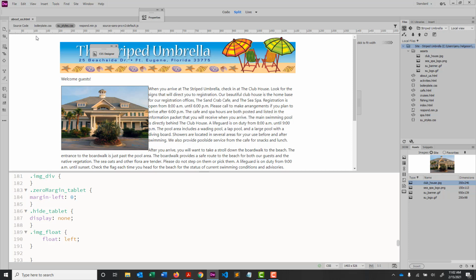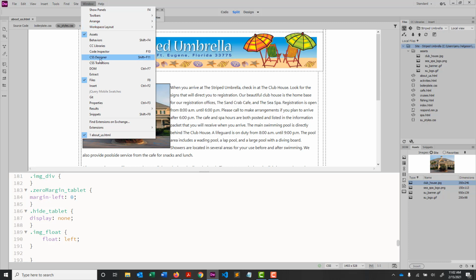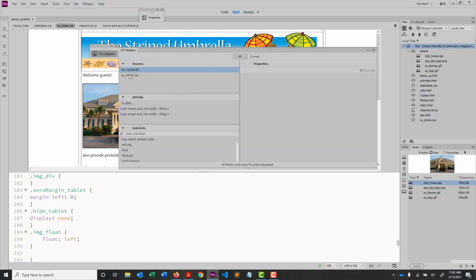Okay, we're also going to add in some spacing because this is too crowded. This does not look good. So I'll go ahead and jump back into Design View, and it looks like I accidentally closed out my CSS Designer panel. So let's go ahead and get that open back up. And global again, find my image float,